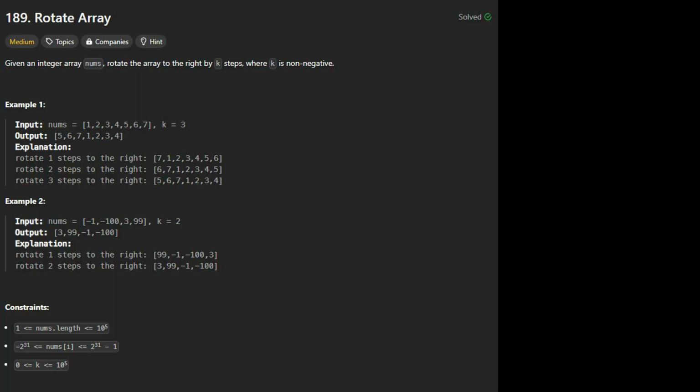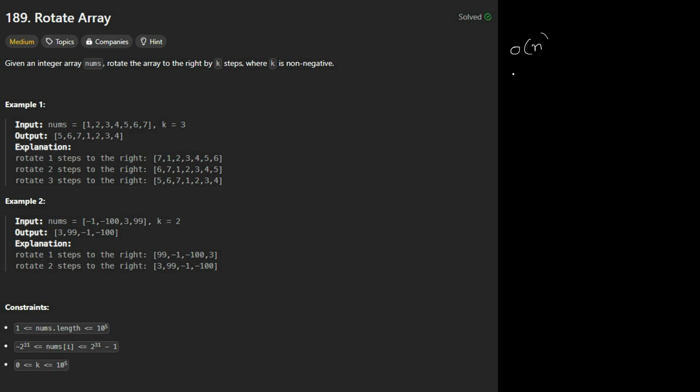Hi everyone, in the given problem statement of rotate array, we are going to get an integer array nums. We have to rotate the array to the right by k steps. Now, let us understand. In this case, our k value is only 3. But there could be a situation where the k value could be a huge number. So in order for us to optimize our code to big O of n, what we are going to do,